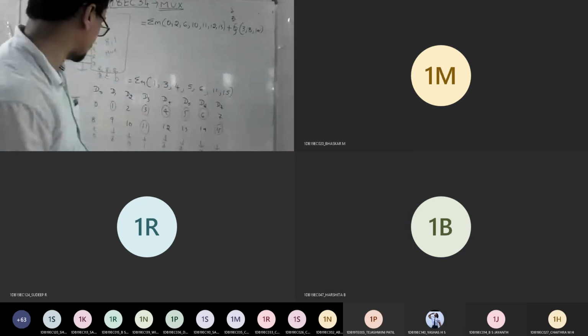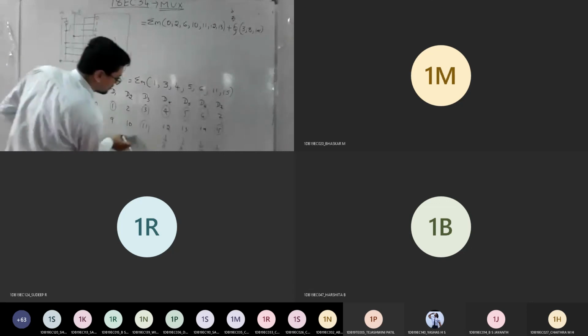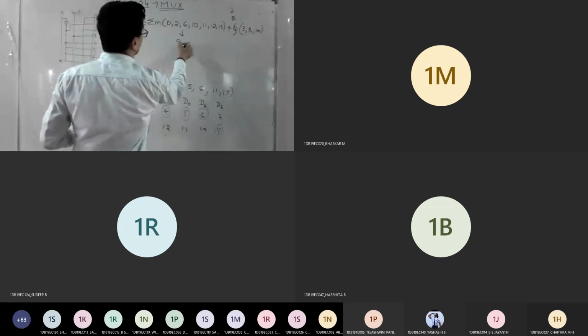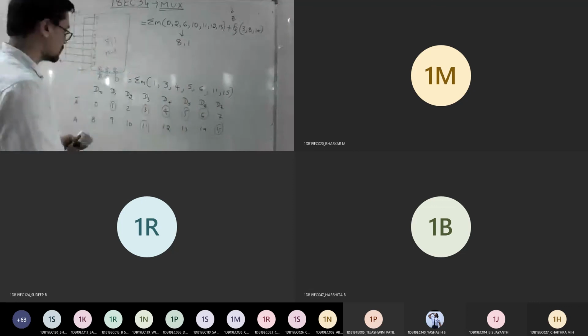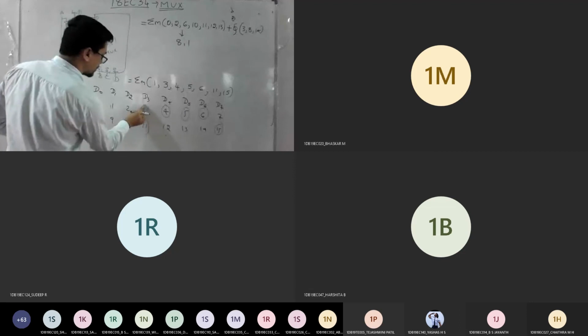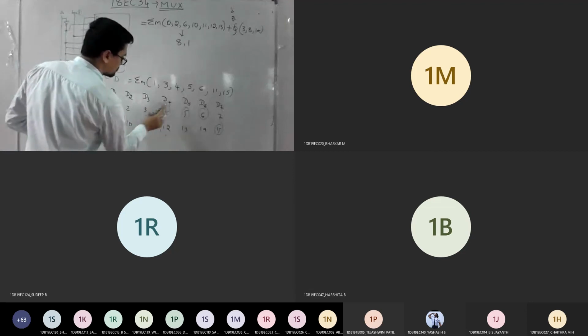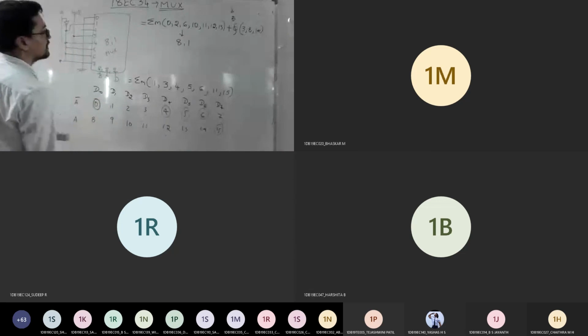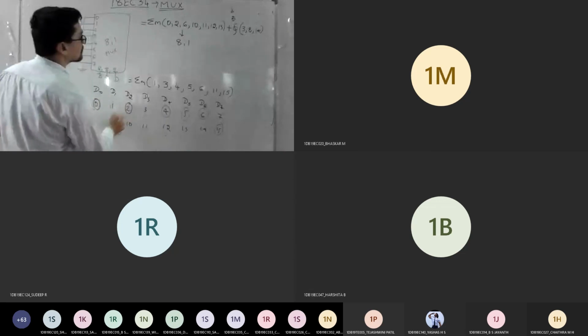So let's try to circle that now. So let me erase this. Anyhow, they have asked you to implement using 8:1 only, correct? So 8:1, the same logic comes. I will erase this, so just take out the circling part. 0 I have to circle now. Then 2.